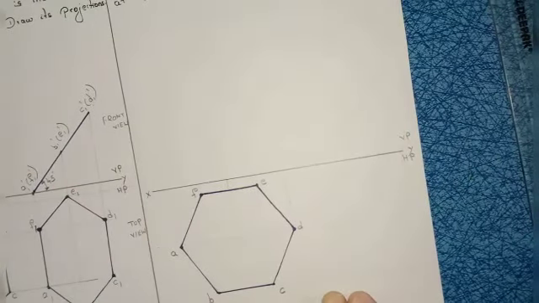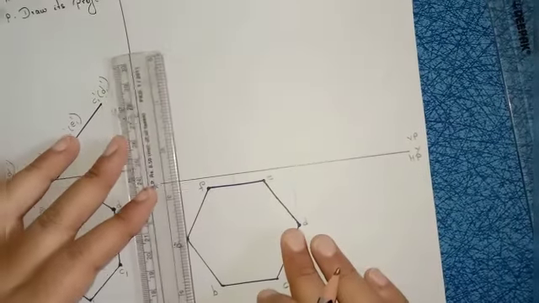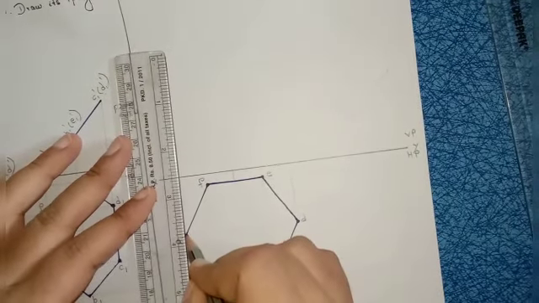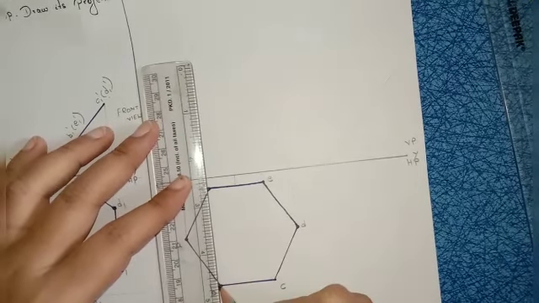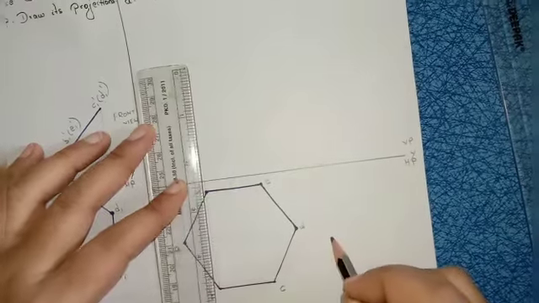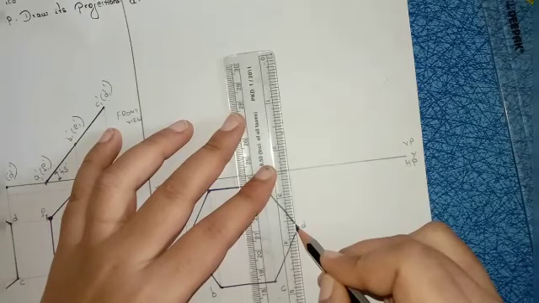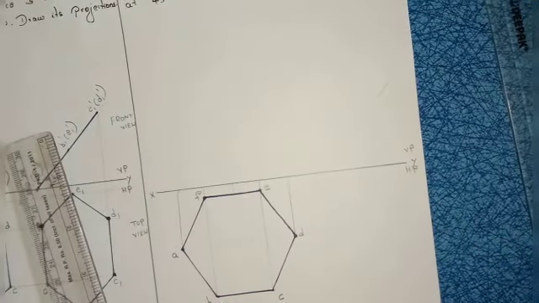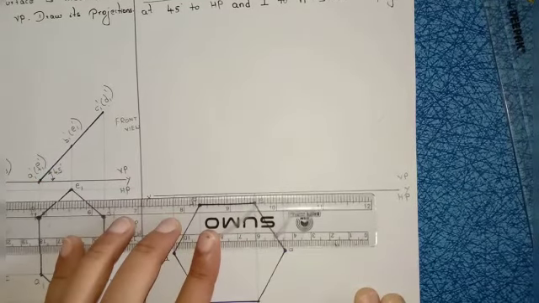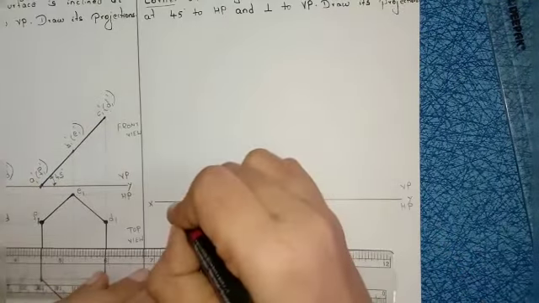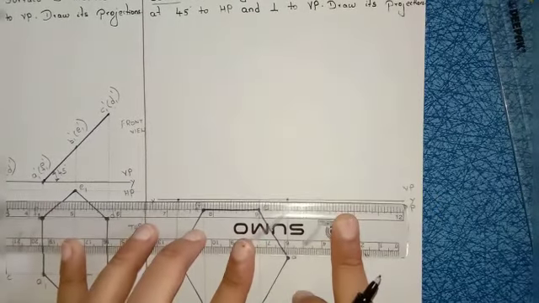Right? Now after that, from every corner we have to project till the reference line. From A, draw a line. From B and F, draw the line. Next, from C and E, draw the line. From D again, draw the line. I am projecting all the corners till the reference line. Now I am joining. This is the starting point and this is the ending point. In between these two, I am drawing a straight line.